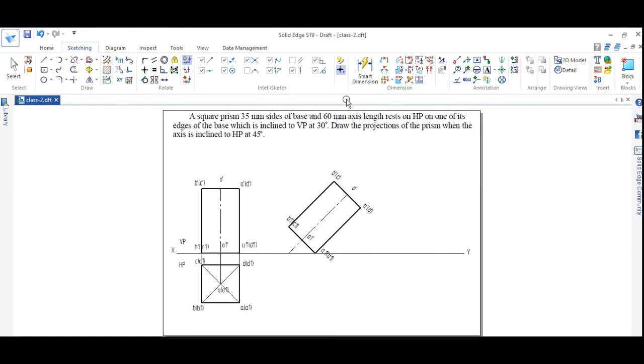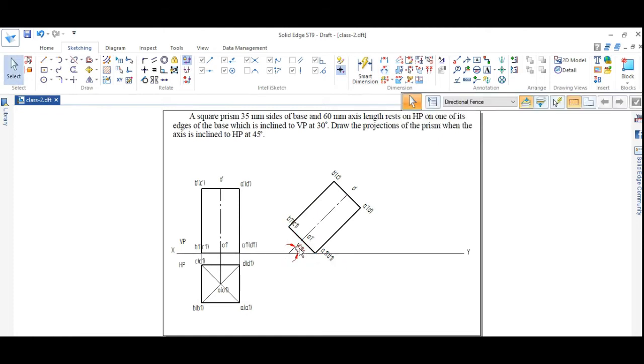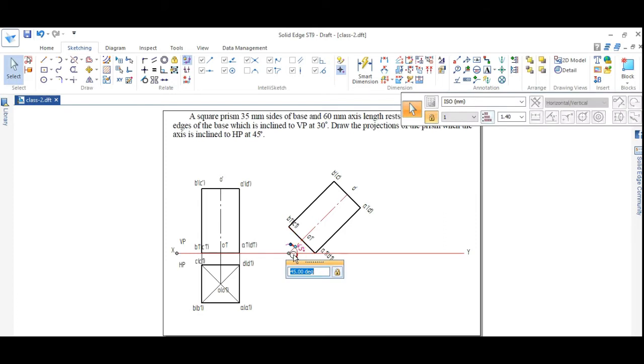I have extended the line and I will check the angle. What is the angle that has been obtained? From here to here it should be 45 degrees, right? So you can see here, the angle that has been obtained here is 45 degrees because this makes the triangle part, right? The sum of the triangle is 180 degrees. So this angle is 90 degrees and here it is 45 degrees and this angle will be 45 degrees.